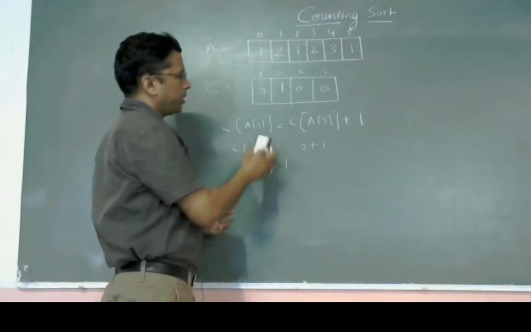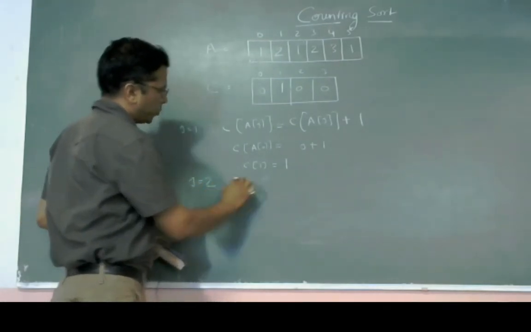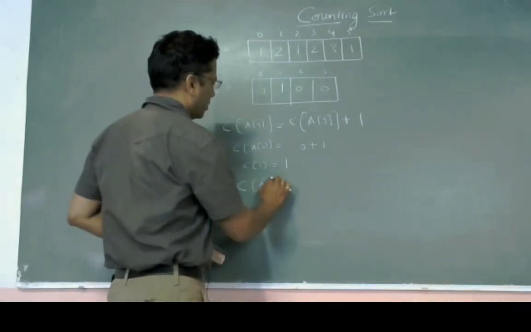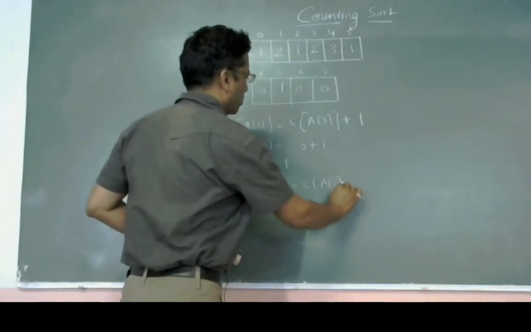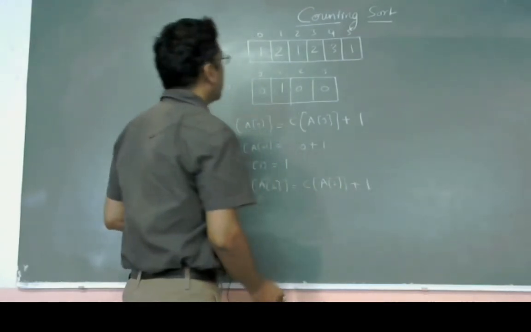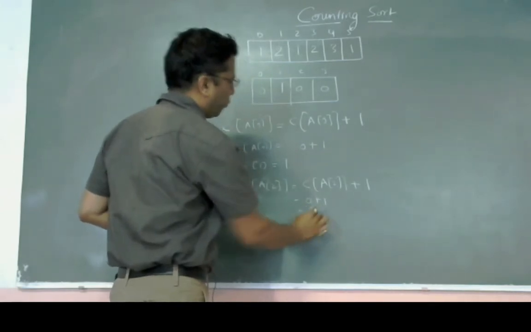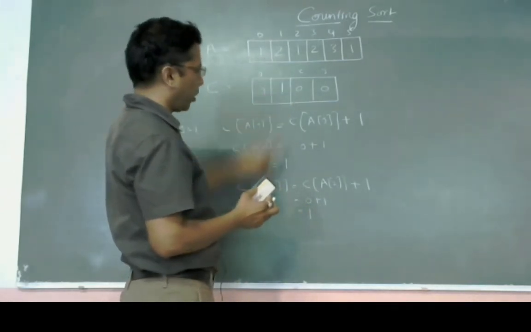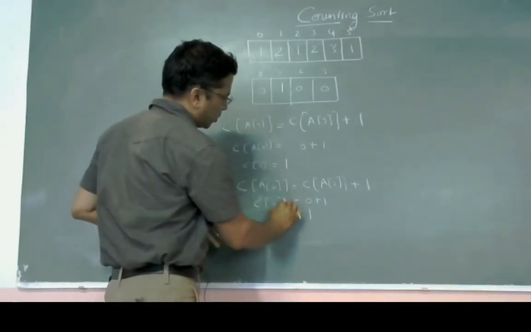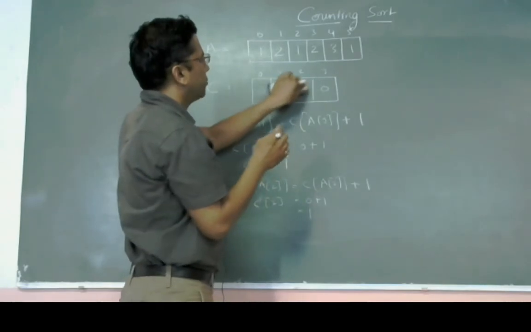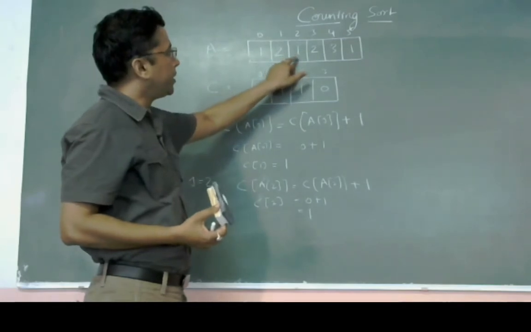Similarly, for j equals to 1, C[A[1]] equals C[A[1]] plus 1. Since C[2] is 0, 0 plus 1 is 1. The second element is 2, so C[2] is equal to 1. This will become 1, right? The next element is again 1,